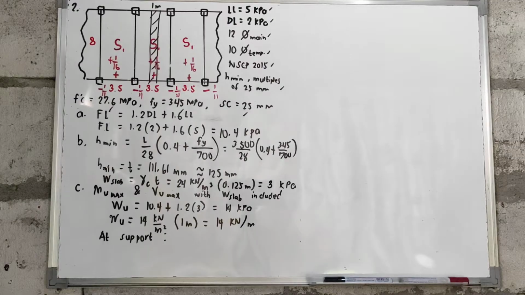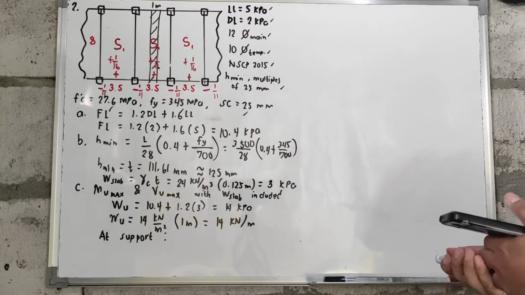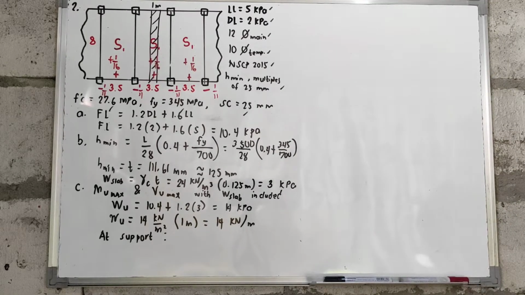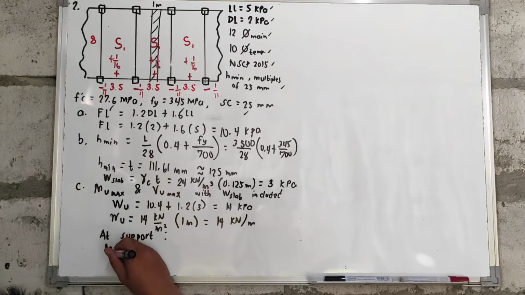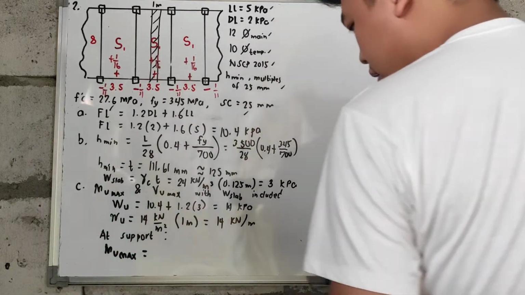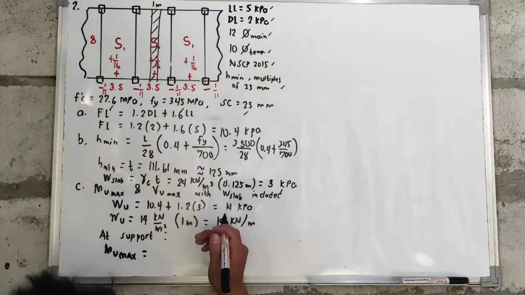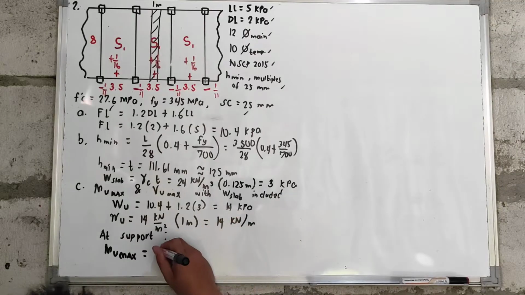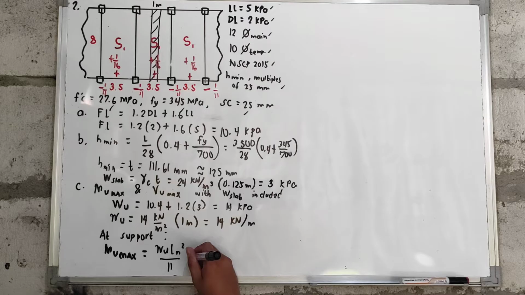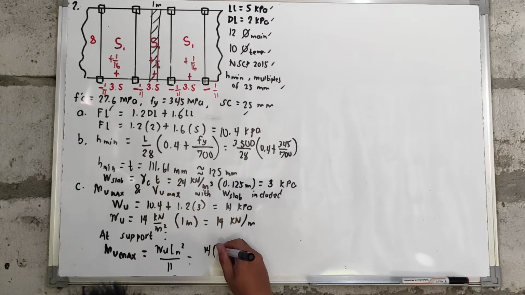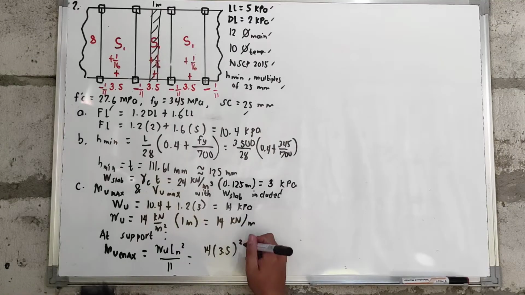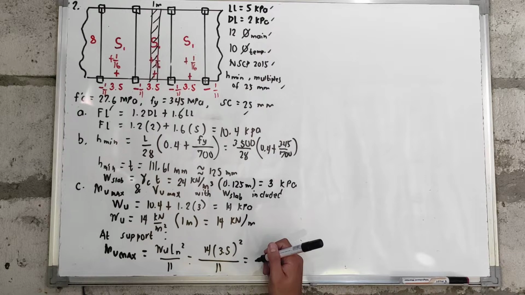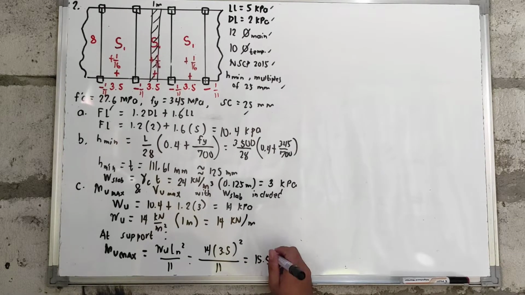So, after natin ma-compute yung mga values ng coefficient natin, let us now solve for the value of your Mu max. So, unahin muna natin yung Mu max natin found at the support. So, the formula will be Mu max at support is equal to negative, kasi nasa support tayo, Wu Ln squared over 11. So, yung Wu natin, that is equal to 14. Yung clear span natin, that is 3.5. Parehas lang naman. 3.5 plus 3.5 over 2, that is equal to 3.5. 14 times 3.5 squared over 11 is equal to 15.59 kilonewton